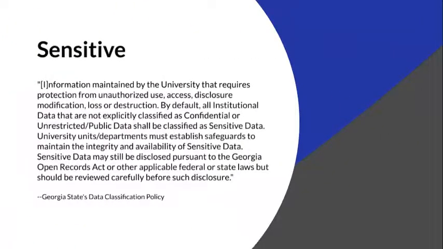The bulk of the university's data are categorized as sensitive. For example, you may know a department ID, but not everyone does, and we don't share it broadly or in the context of, say, budget allocation. Many data elements at the university have been classified and are available in the university's business glossary, the Data Cookbook. You'll learn a little bit more about this resource later on. For now, please note that sensitive data include information maintained by the university that requires protection from unauthorized use, access, disclosure, modification, loss, or destruction.